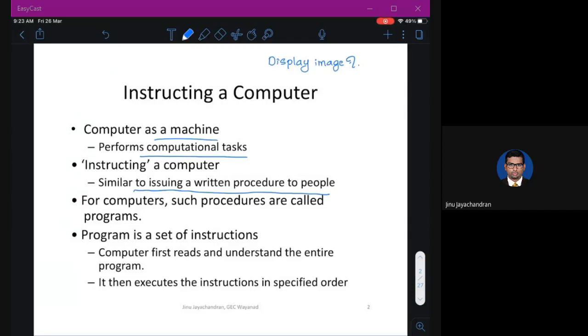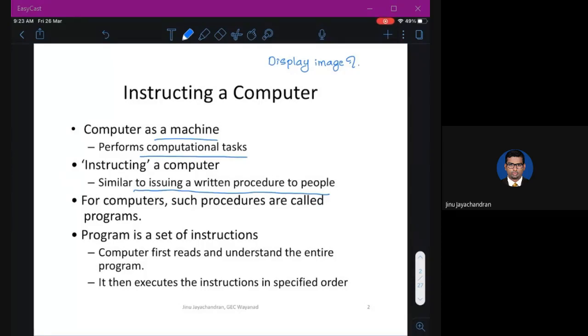Then you should have milk with you. Once it is boiled, put the tea powder, then the milk, then the sugar, and so on. So you need to give her a written procedure: this is the first step, the second step, the third step, the fourth step. That procedure is basically an instruction.